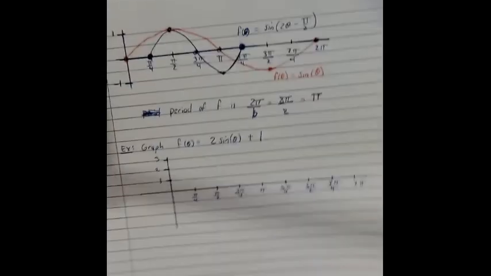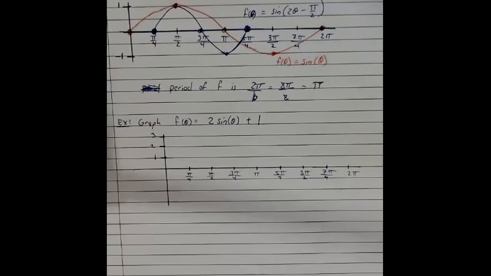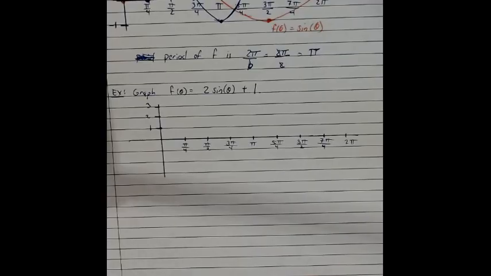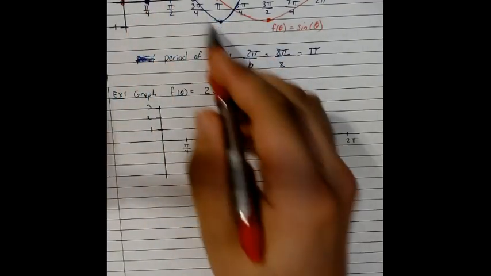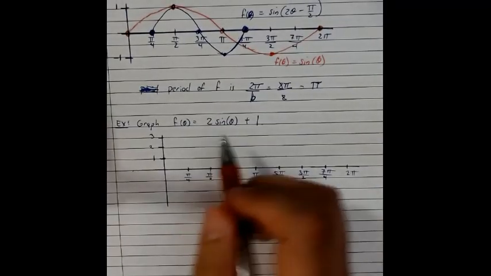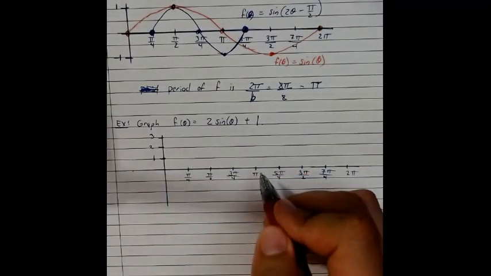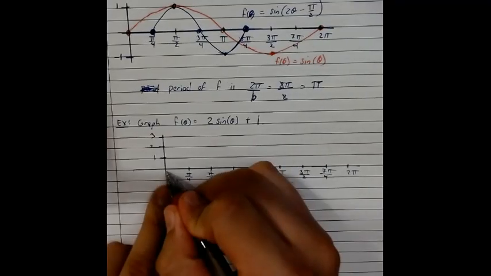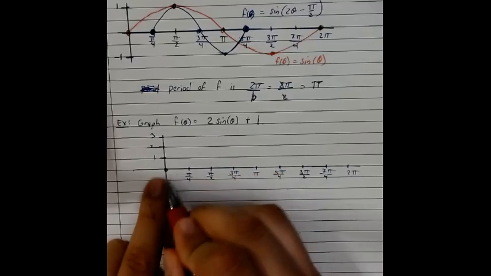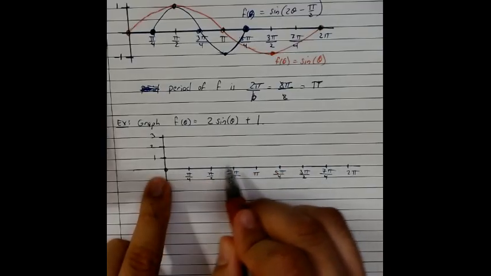So we can go ahead and graph, starting with just the regular sine function. That way we can compare what that looks like compared to our new one. Okay, so normally the sine function starts at the origin, goes up